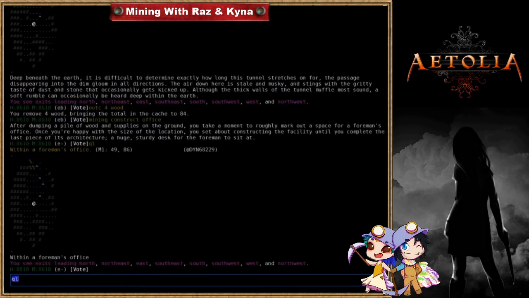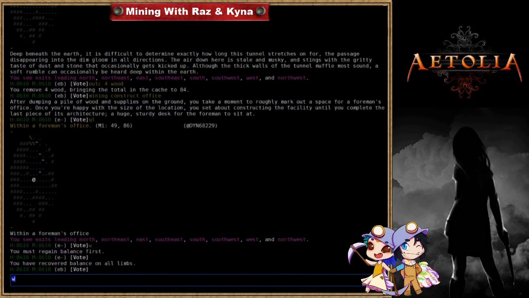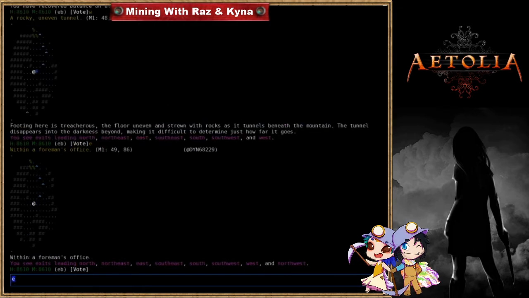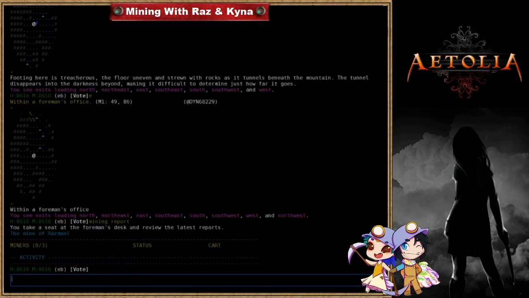There we go. We have our foreman's office. Now the foreman's office works in a similar fashion as your sheds on the farming maps do, in that it's your hub. It's where you collect everything. It is where you look at your mining report. As you can see, it has nothing on it when you first, well, open your mine. You haven't actually done anything yet, so